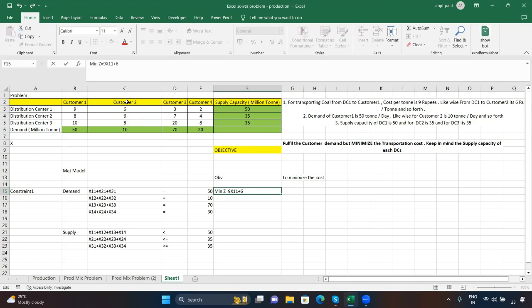One is source, 2 is destination. So here we need to mention 6x12 plus, for this cell that needs to be 3x13 plus, for this one we need to mention 2x14 plus,